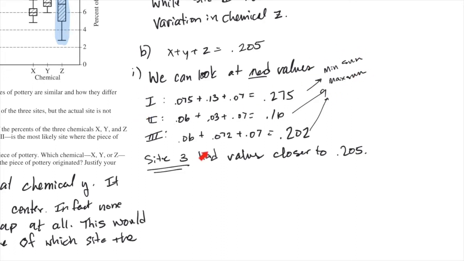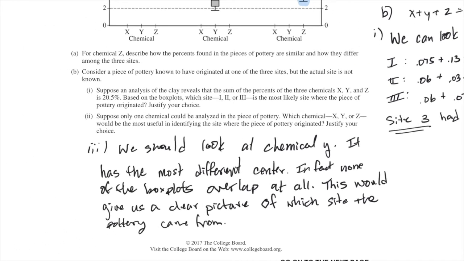Make sure that if you did this one, you add the sums, the mins and maxes of each one, right? So you add all the minimums together, add all the maximums together, and that would have given you a much clearer picture of where 20.5 could have fallen to get that full credit. Okay, part 2